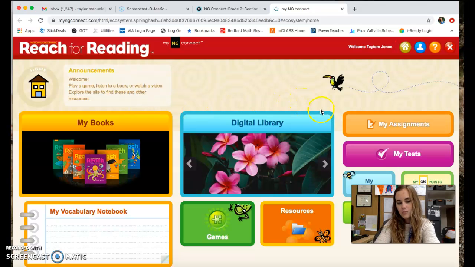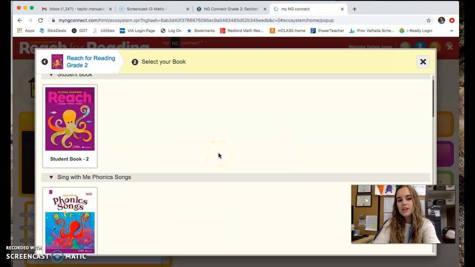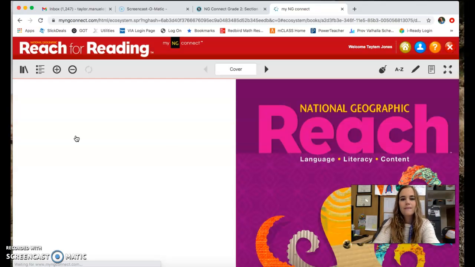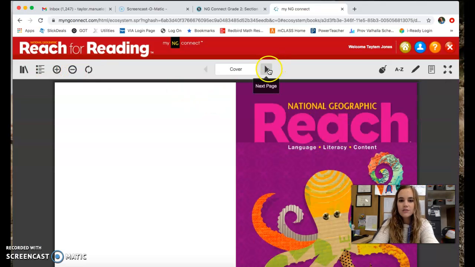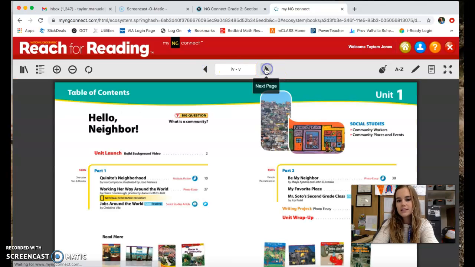Okay, this is the home page of NG Connect or Reach for Reading. First, I'm going to show you how to access some of our books. So you're going to look for this button that says My Books. Click on it. Click on the purple book. And then if you're reading your anthology or your student book, you'll click here. And up at the top, you can zoom out, you can zoom in. You use these buttons or arrows to go to the next pages,